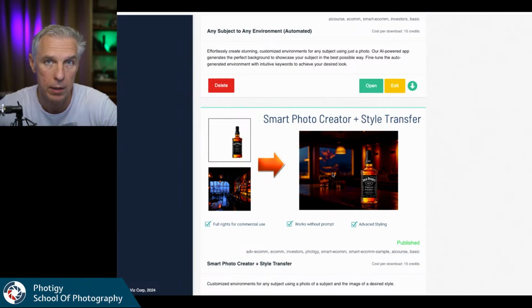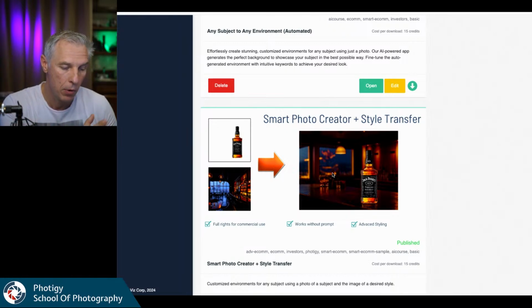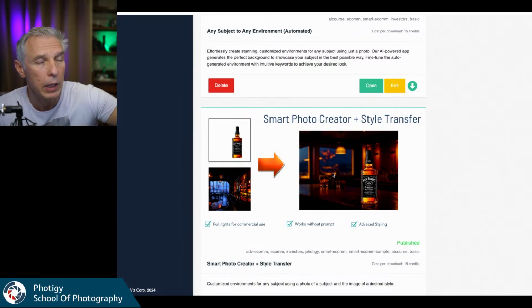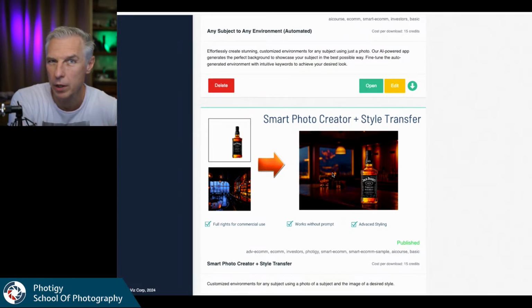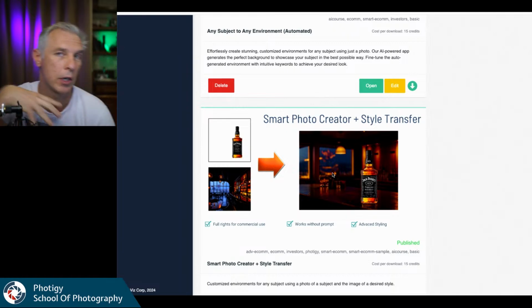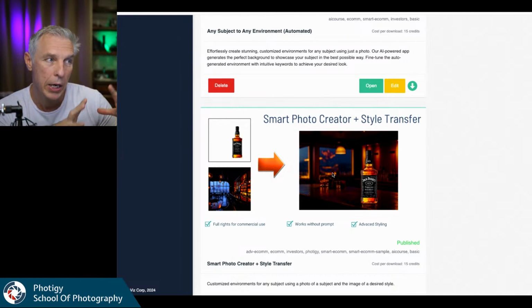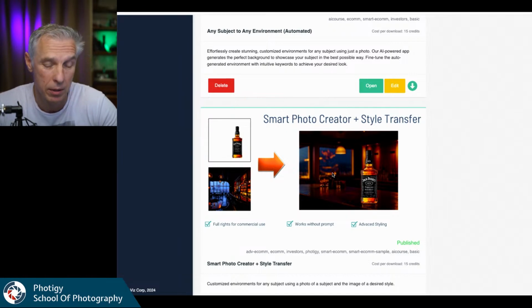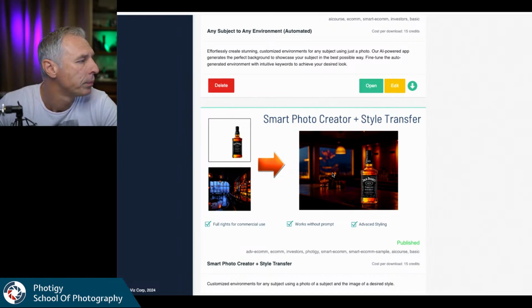Maybe there are some tweaks because, like I said, the more variety of different subjects processed, the more we will learn how to make it universal, or maybe we can create additional applications. For example, one for jewelry, another for lifestyle, another for in-studio generations. So we'll see, because it really needs to be tuned up under the hood for many specific situations. We try to make it as versatile as possible, but